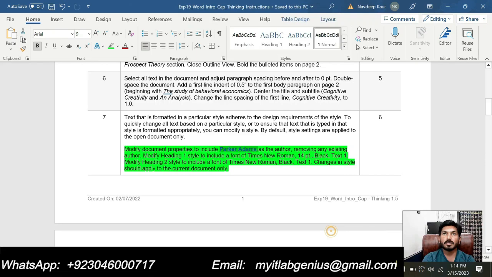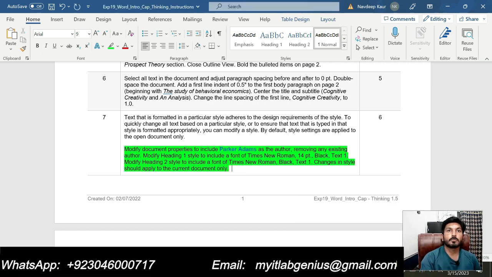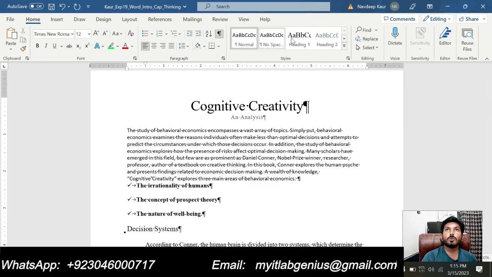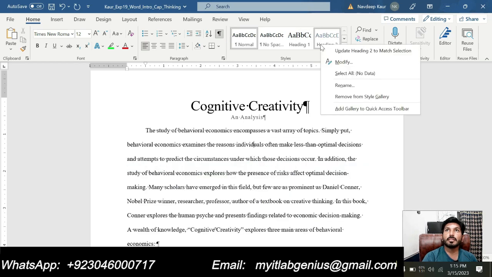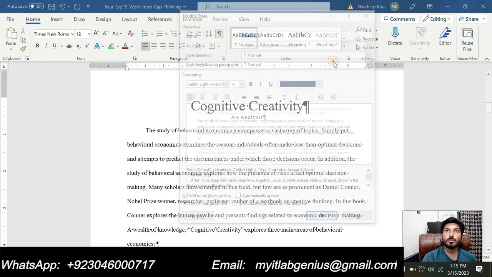Now the next thing to do in this step is modify heading 2 style to include a font of Times New Roman black text 1. So we will now modify heading 2 like we have modified heading 1 style. So we will go to our document and click on heading 2, right click on it and click modify.